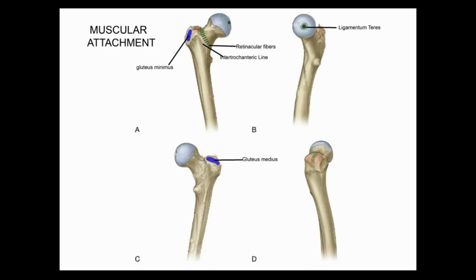Now the lateral surface. You can see the lateral surface here also and here also. The lateral surface is divided diagonally by an oblique ridge into an upper part and a lower part. The ridge receives the insertion of gluteus medius. Over the upper and the lower part there is a trochanteric bursa.